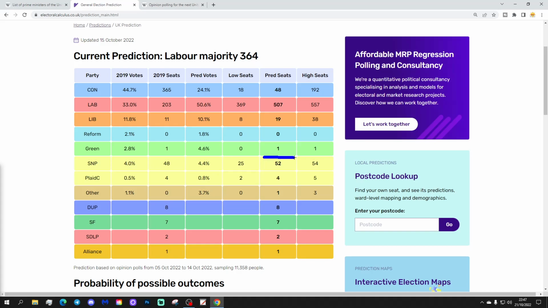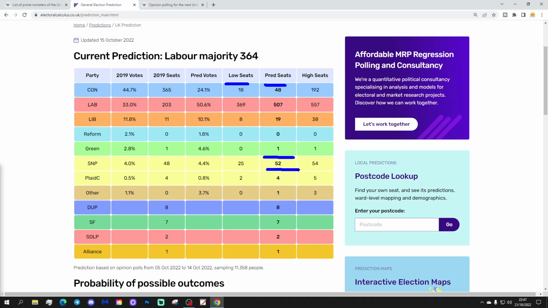Somebody asked in the comments of the last video, the opinion poll tracker video, if the Conservative Party went down to 18 seats, or in here 48 seats even, and the SNP was on 52 seats, why wouldn't the SNP become the official opposition? I think they would, actually. Although they're a Scottish-only party and they don't stand candidates in other parts of the country, I don't think that would actually make any difference to their